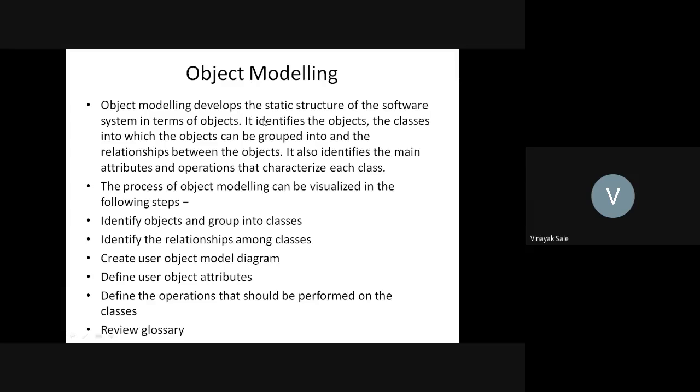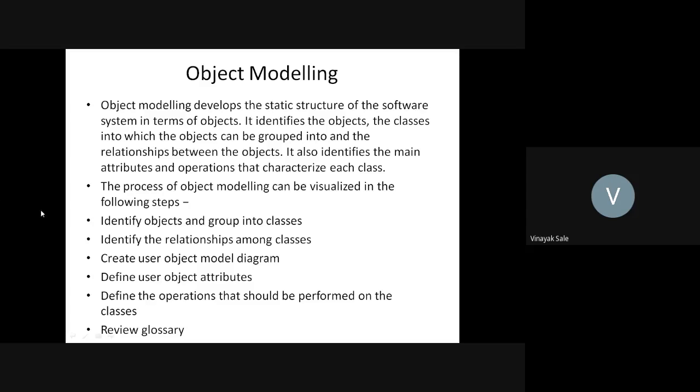Object modeling develops the static structure of a software system in terms of objects. It identifies the objects, the classes into which the objects can be grouped, and the relationship between objects. It also identifies the main attributes and operations,